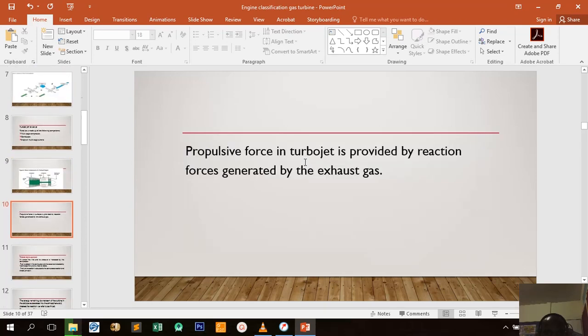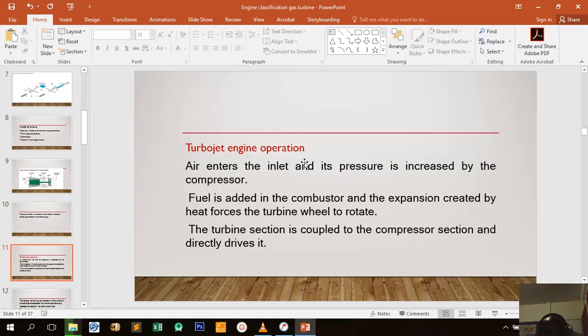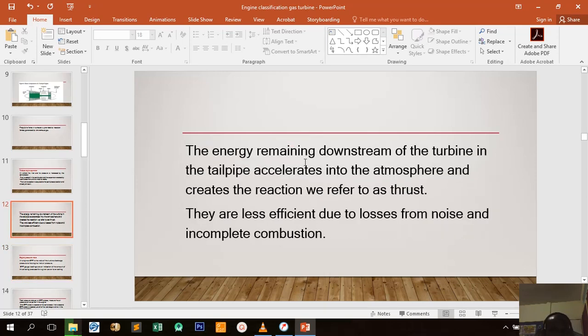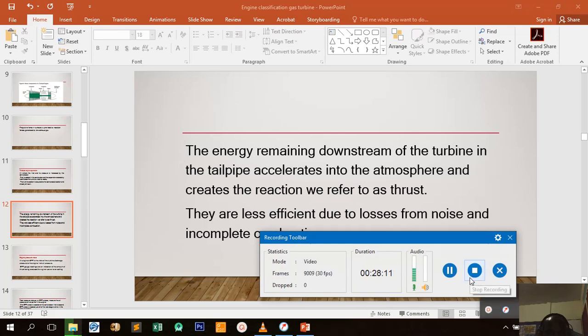So it is the basic gas turbine engine, the turbojet, though it is less efficient due to losses from noise and incomplete combustion. With those few words, I think we have better understood thrust producing, where we accelerate a small mass of air to a high velocity,